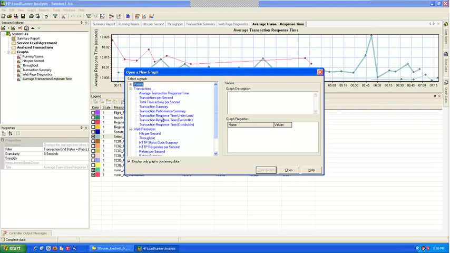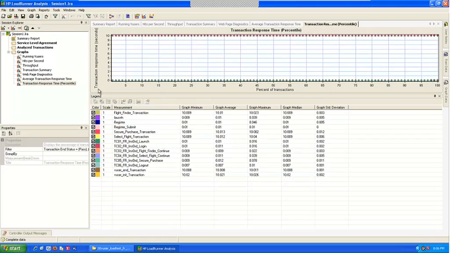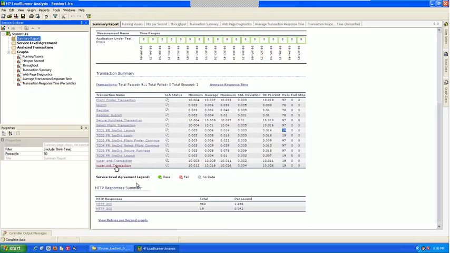Transactions, percentile. I'm going to select the percentile, open graph. Now here you see this is the number of users, 5, 10, 15, sorry, this is the percentage. So 5%, 10%, 20%, at 90%, what was the response time? Let's take one response time. This is a bigger one, right? So in a transaction at the 90th percentile, it was 10.026.